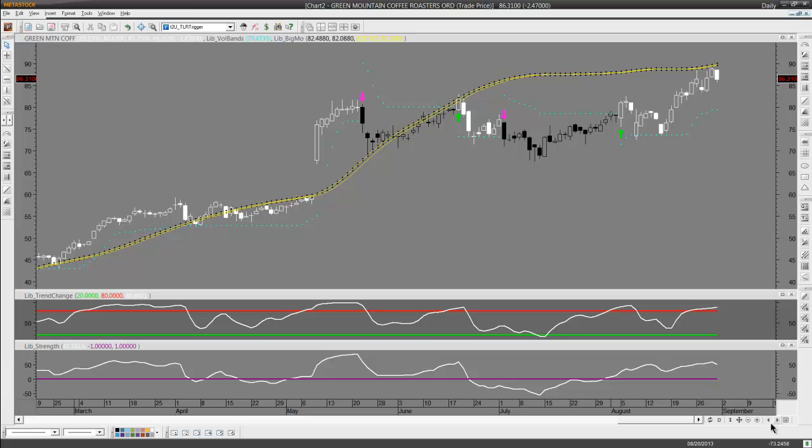Here's Green Mountain Coffee Roastery, another one that's made some strong moves up, going into sideways consolidation here, and then recently resuming the trend, price over the zero line. White candles, green arrow, chance to be long again. Fibs right now are containing price. We have a white candle and we have price over the zero line. So it's showing some strength here at some new highs, and without these areas breaking down, balls in the bull's court there. So Green Mountain showing some real strength there after this sideways consolidation and a new breakout here to